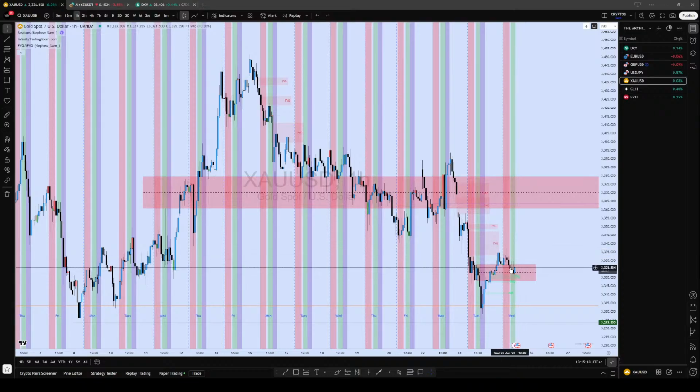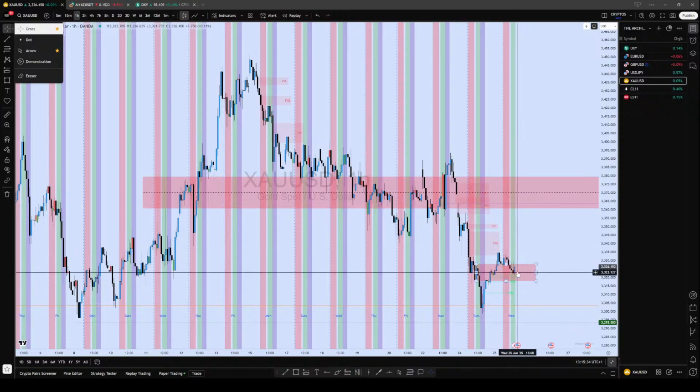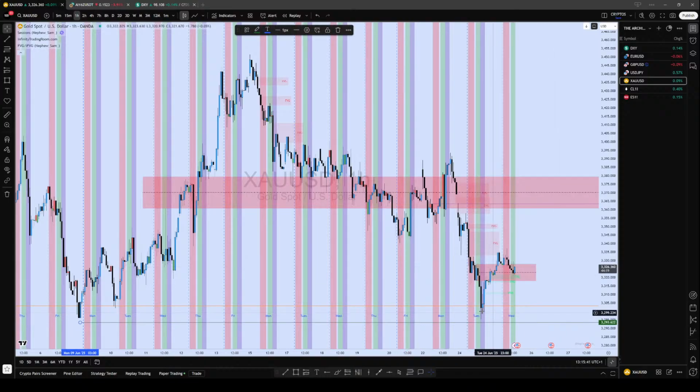So personally, I would say stay away from buying right now, and wait for this low and that low to be taken first. That's my advice. Okay, you don't have to do it. If you want to buy, you're more than welcome. If you believe that this is a breaker and it'll go up, you're more than welcome to use it to buy. But my advice is obviously to wait for these equal lows to be taken before you engage in a buy. This is just based on experience, and it's also much safer that way.